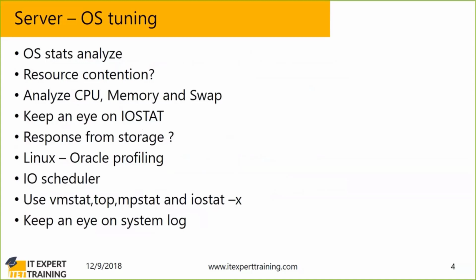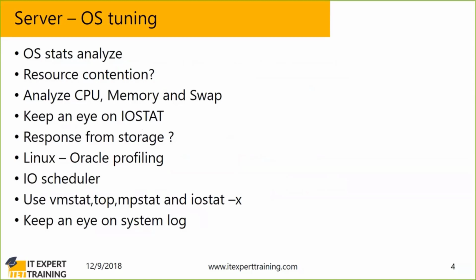Fine. When it comes to tuning, the first thing you have to check is whether anything is going wrong at the server level. That is OS tuning. My slides will be covering mostly Linux servers, because that is what we are using. So the examples in this presentation would be more related to Linux servers. You may have to find the alternate commands if you are using other servers like Sun Solaris, AIX, or other servers.